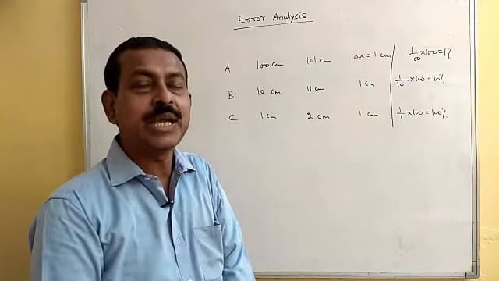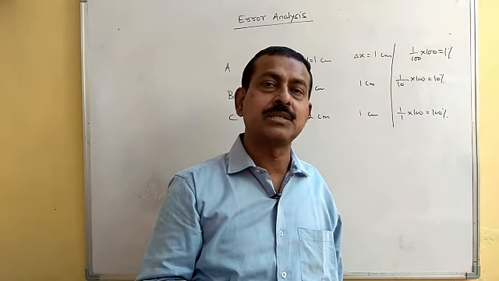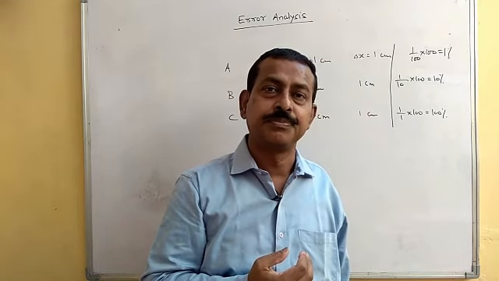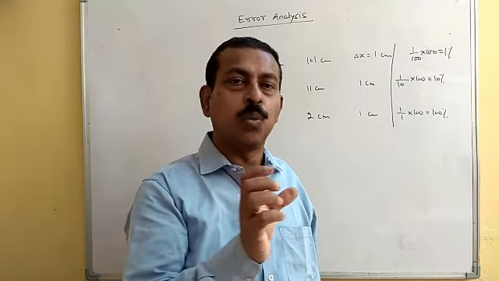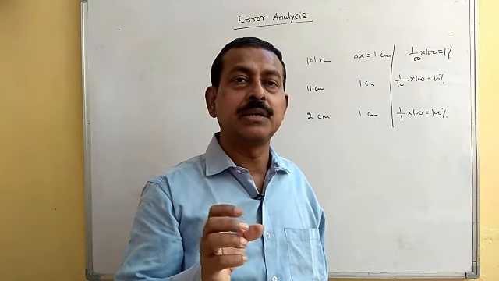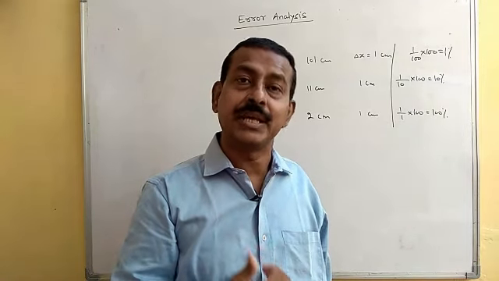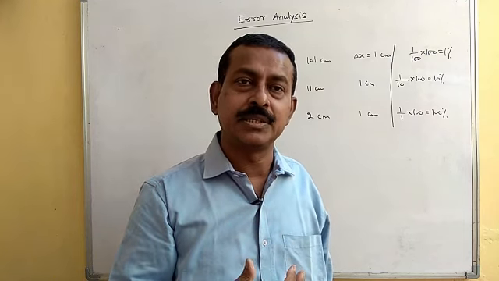So these are different ways in which we use errors to express how the experiment has been carried out. And that will of course give the idea of what the range of the error was. Then we can definitely try to find out how we can minimize such errors and get more accurate results.